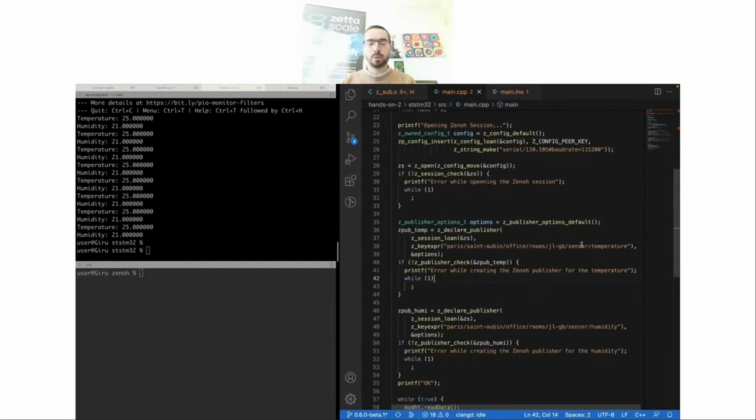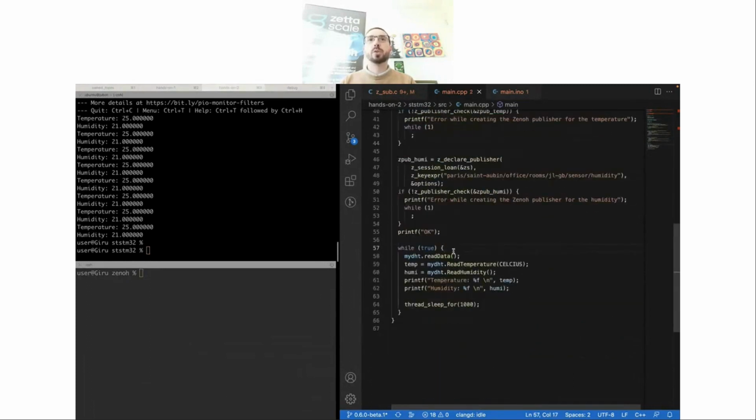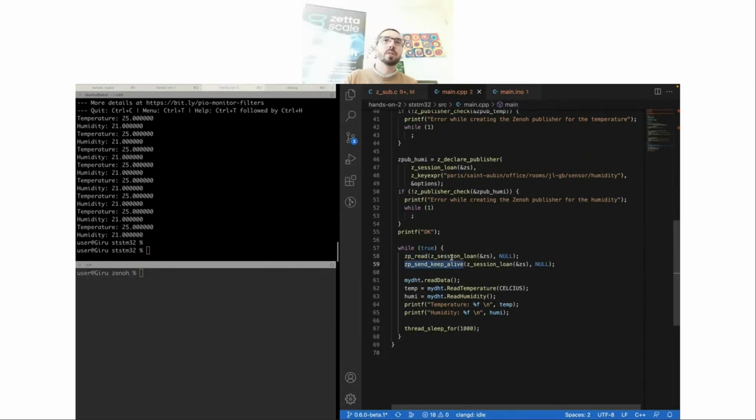So we are already exposing some sensing information via Zenoh. Then I said that we are going to go single thread here. So on my loop, I will need to spin. To spin, we just need to call the read and the keep alive, so that if there is any message in the buffer to read, it will consume it, and the send and the keep alive, if there is something to send because the lease is expiring, it will just send it. Okay, and then as before,